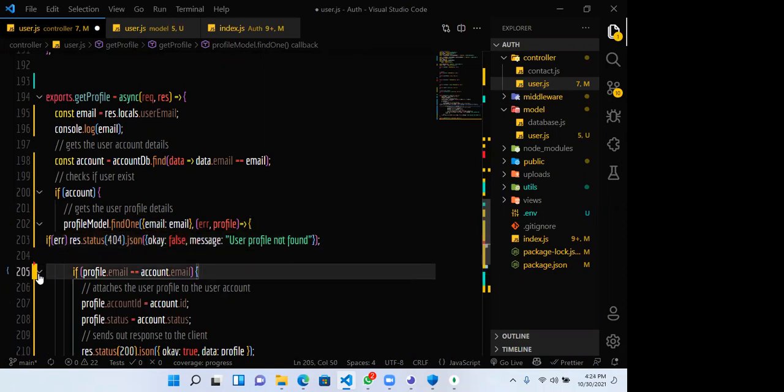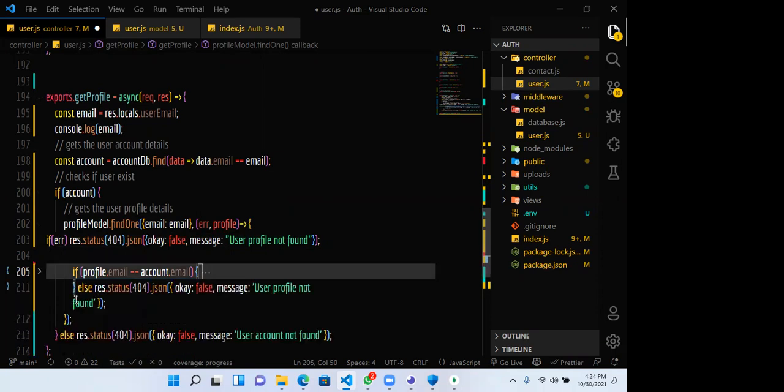Let's minimize this. Okay, we're already handling it in the else part here. User profile not found. Are we supposed to send that out? I don't know, but in this profile, we don't need to check if the user email equals the account email. We don't need to check that again. We don't need to check this guy again